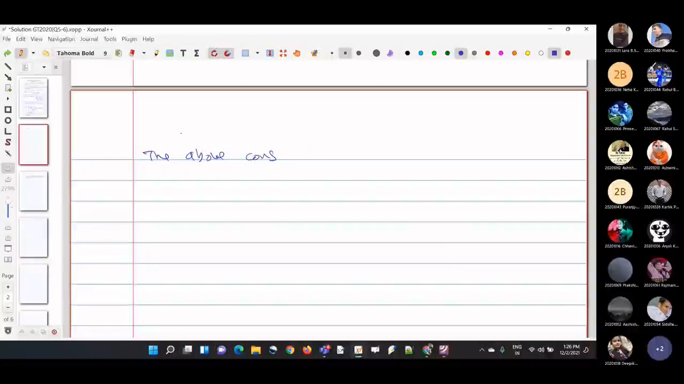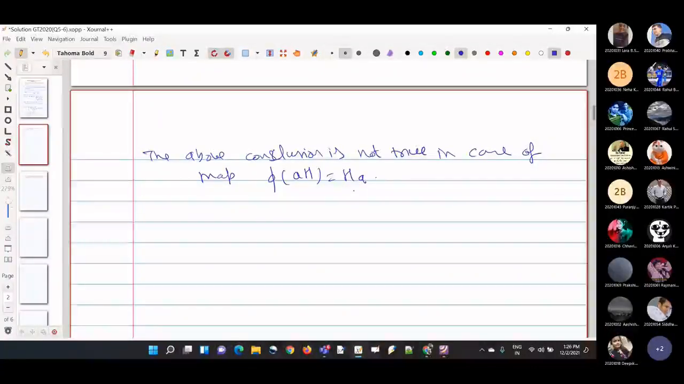The above conclusion is not true in case of the map phi. Phi maps AH to HA. Okay, so let us consider the example in support of this. Consider the group